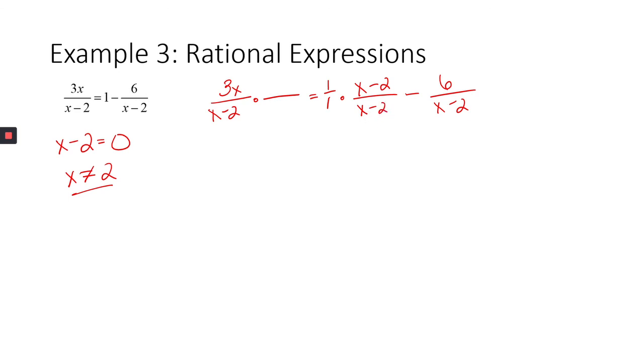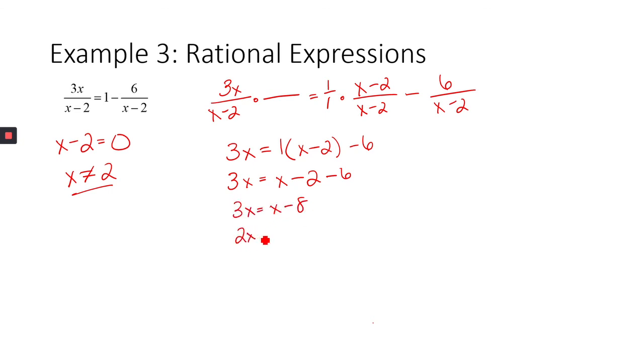So each part of the fraction has that x minus 2. So now I'm actually able to ignore it for the rest of the problem. Once we get here, this should look a lot like stuff that we solved in Algebra 1. So then 3x equals x minus 8. Get all the x's together, divide by 2, and